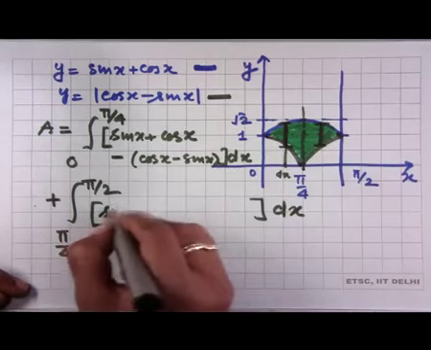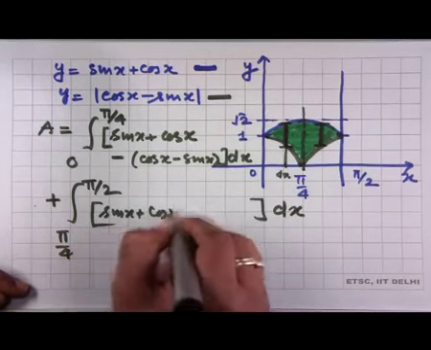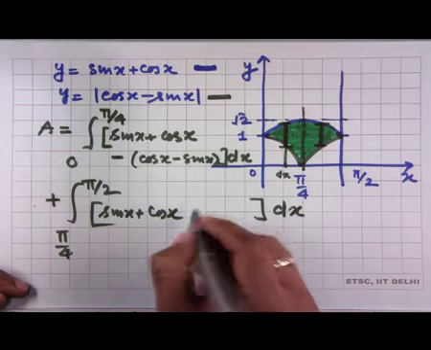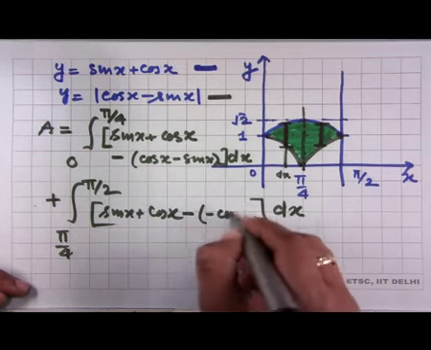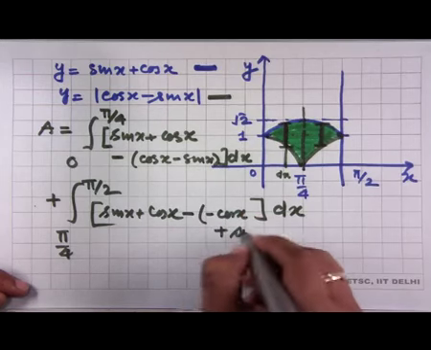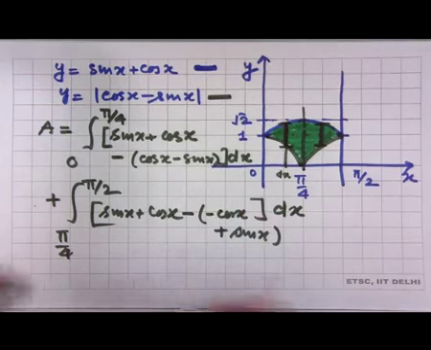It is sin x plus cos x minus the equation of this curve, which is minus of minus cos x plus sin x. So, we get